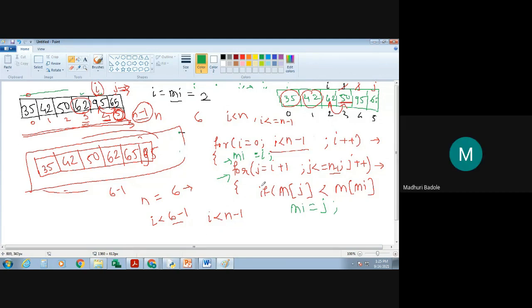Fine. And after completing that one, again you are going to proceed with the same thing. Now in this case, after coming out of this particular for loop, what will you be getting? You will be getting the minimum index, the index of the minimum element. That index will provide you the element that is minimum from the entire array.